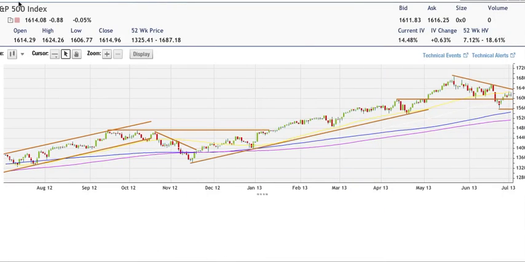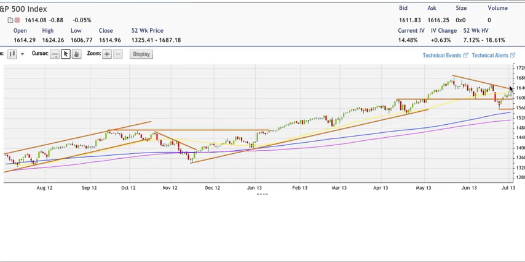Now going to the charts, here we have the daily chart for SPX finishing basically flat today, down almost one handle. And the important thing here is that we are getting rejected at that 50-day moving average again. As you can see here, this is basically the third time we're getting this moving average rejected, and we cannot break it to the upside.